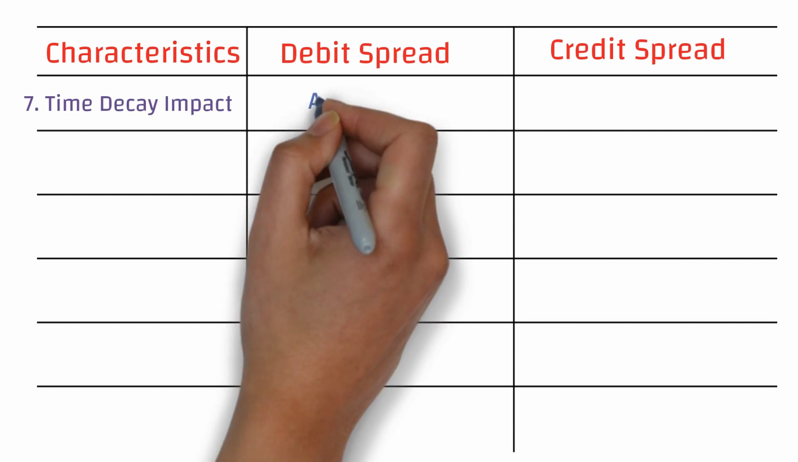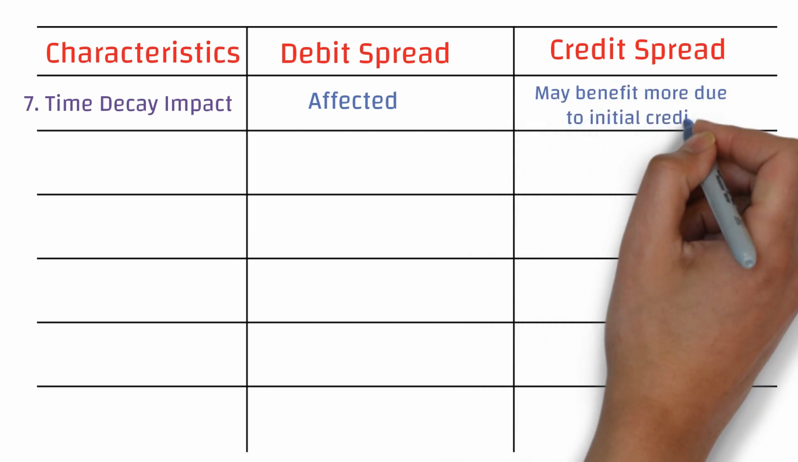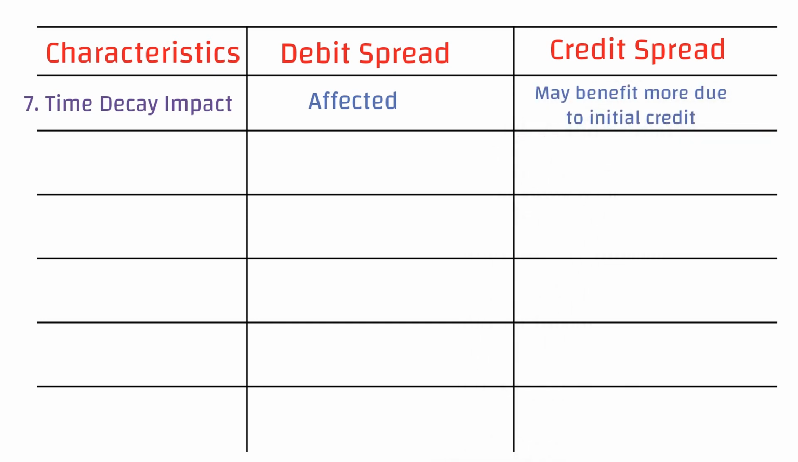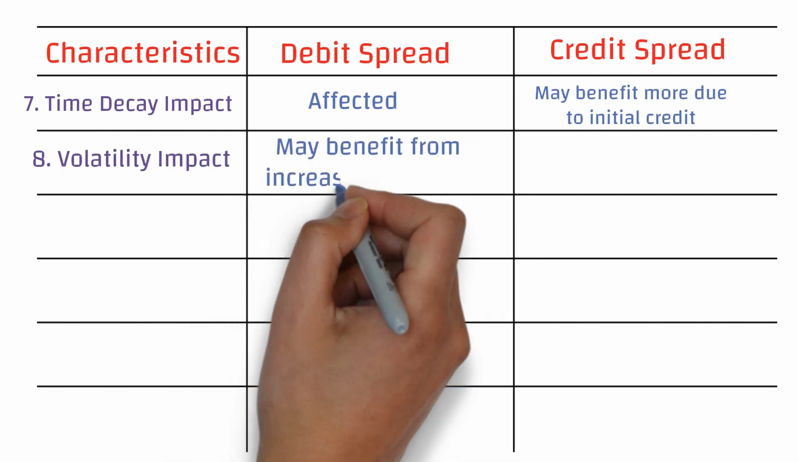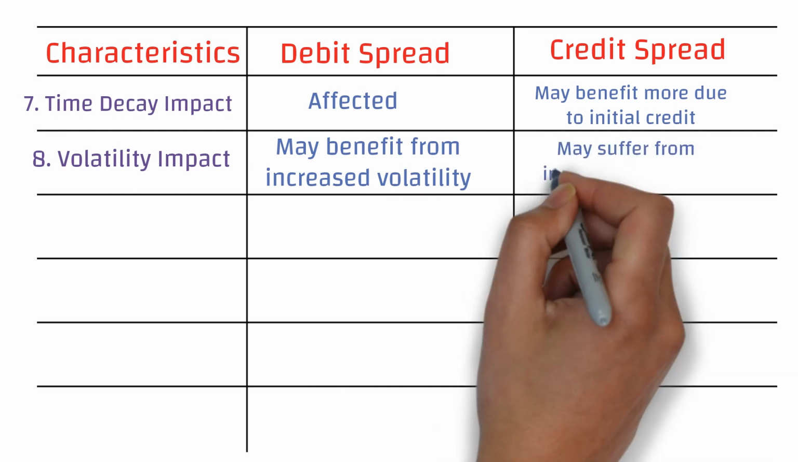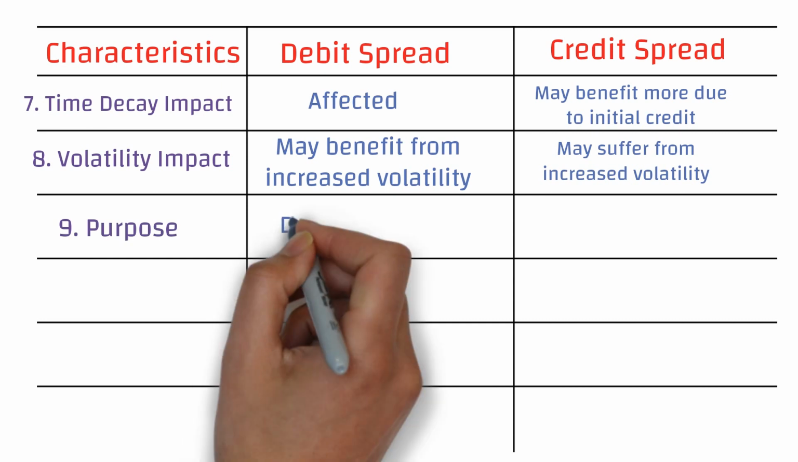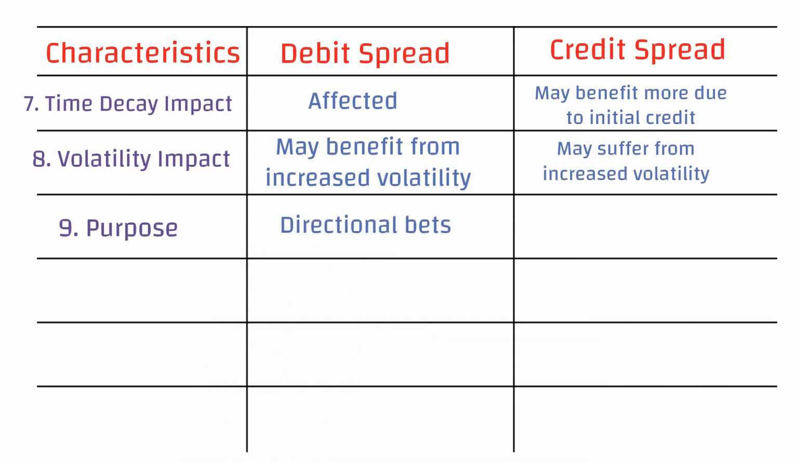7. Time decay impact. Both strategies are affected by time decay, but credit spreads may benefit from time decay more than debit spreads due to their initial credit. 8. Volatility impact. Debit spreads may benefit from increased volatility, while credit spreads may suffer due to increased volatility. 9. Strategy purpose. Debit spreads are often used for directional bets, while credit spreads are employed for income generation or